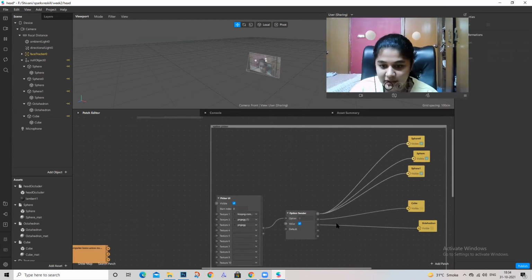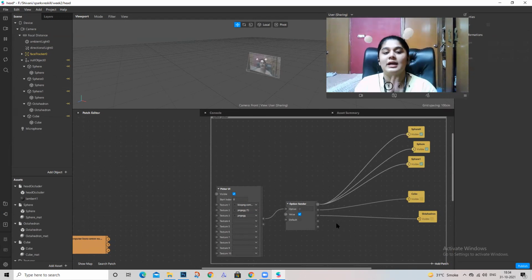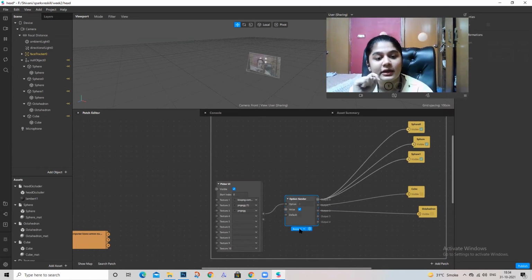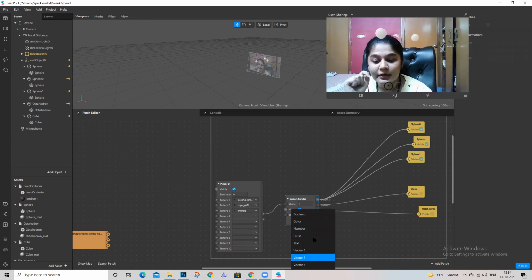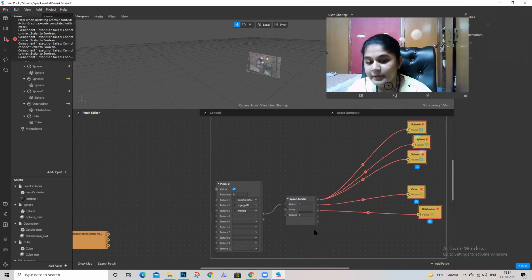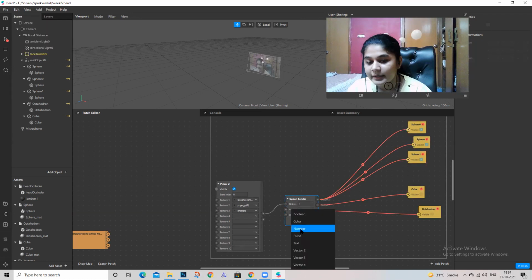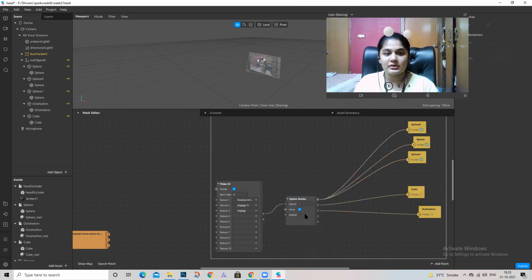So this is what we had done the last time. What had happened is that this is the signal type over here. Can you see, Boolean is written here? These are different kinds of signals the patch supports. The last time I did it, it was a number, so we were having all these errors as you can see. What I forgot to do was shift the signal from number to Boolean. That was a very small mistake, but it ruined the whole filter because we could not do three UI pickers.